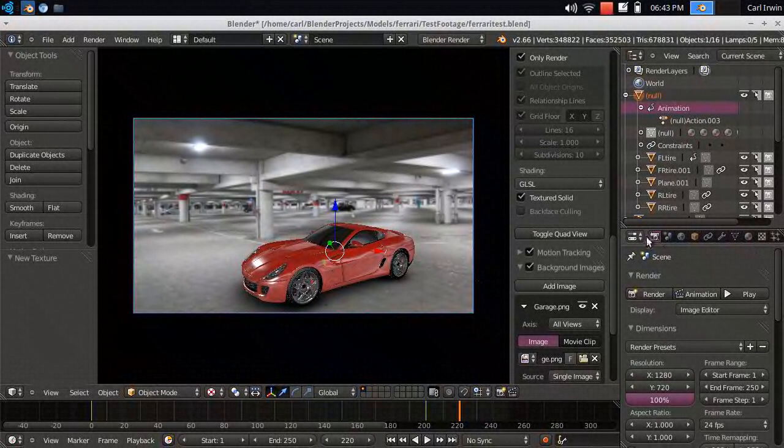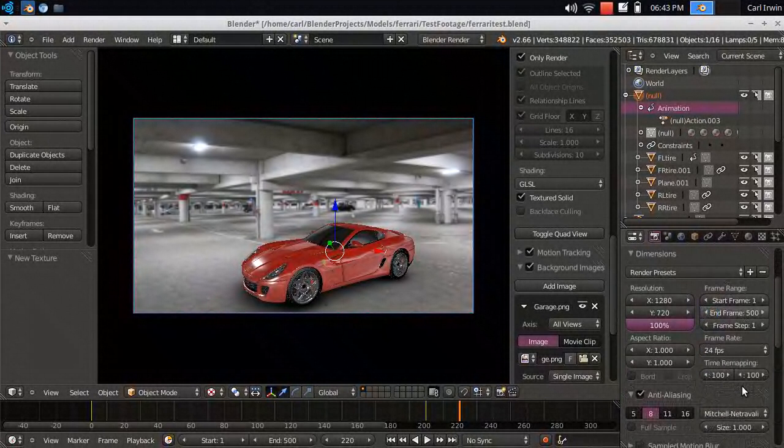But essentially what you want to do is just increase your number of samples and still render out the same animation, just with many more frames to work with. So what you can do is change your end frame to a much higher number. If we just double it from 250 to 500,